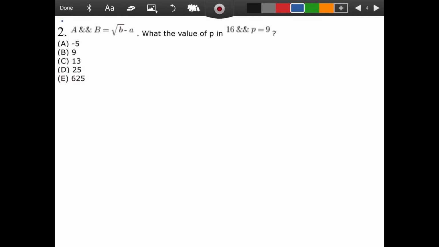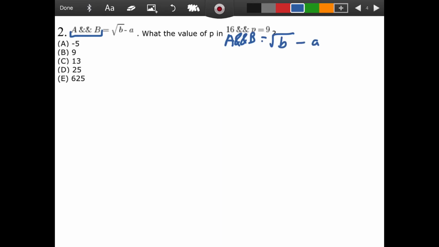A second problem on strange symbols, where we have a and b equals the square root of b minus a. Now, again, these have no mathematical value, but one thing that I like to do, because you see in this side a comes first and it comes second on the right side, just be careful. Don't let them switching the order fool you. So one thing that helps me with these problems is to write these directly underneath over here. So if I transfer this over,